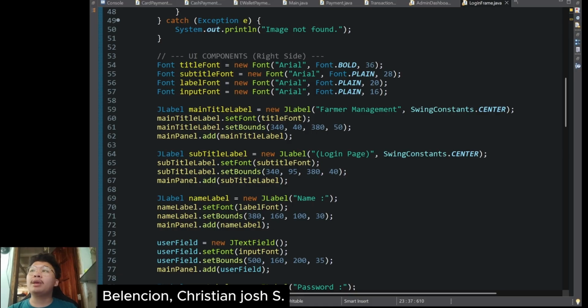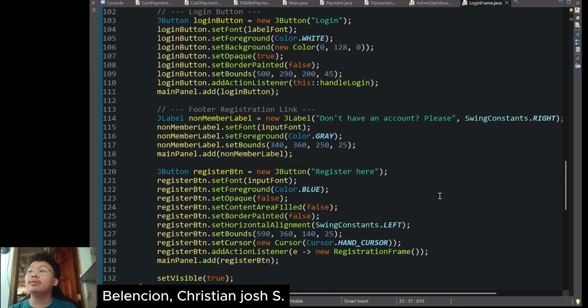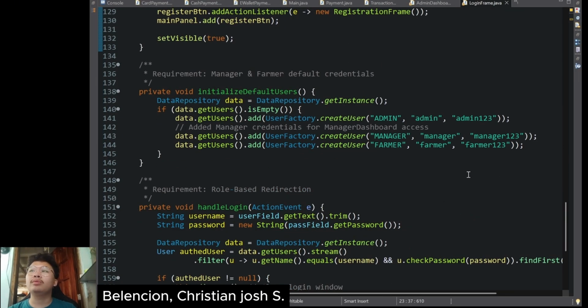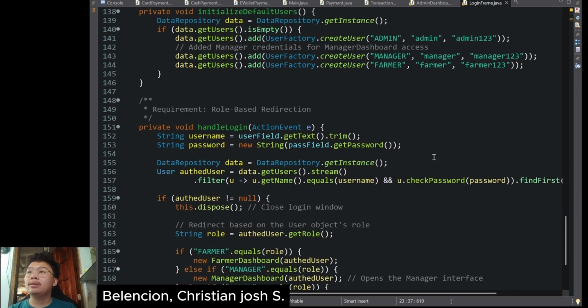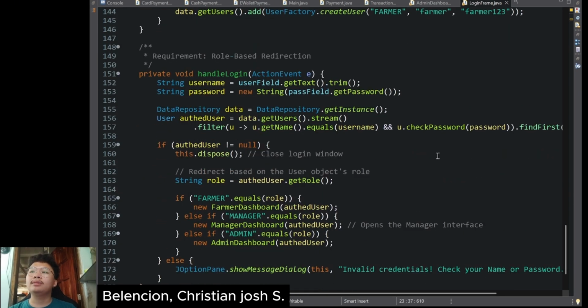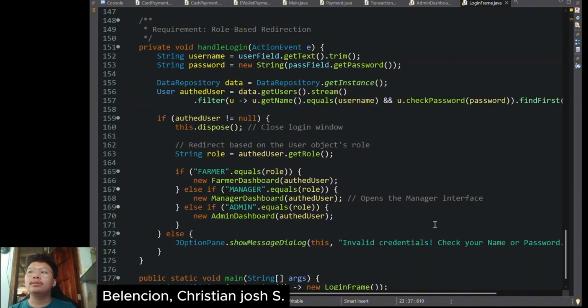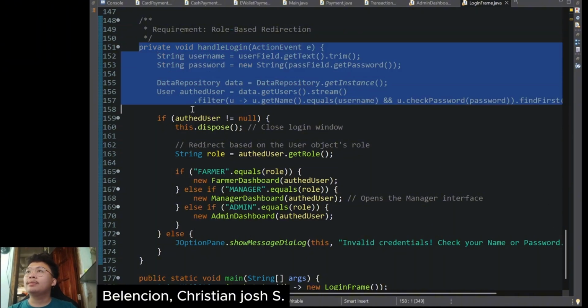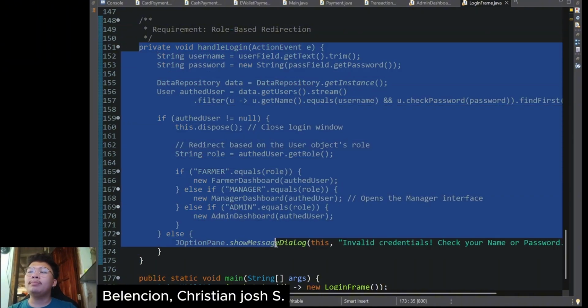For example, I will show you the error handling when the user enters the wrong details. Here, private void handle login.